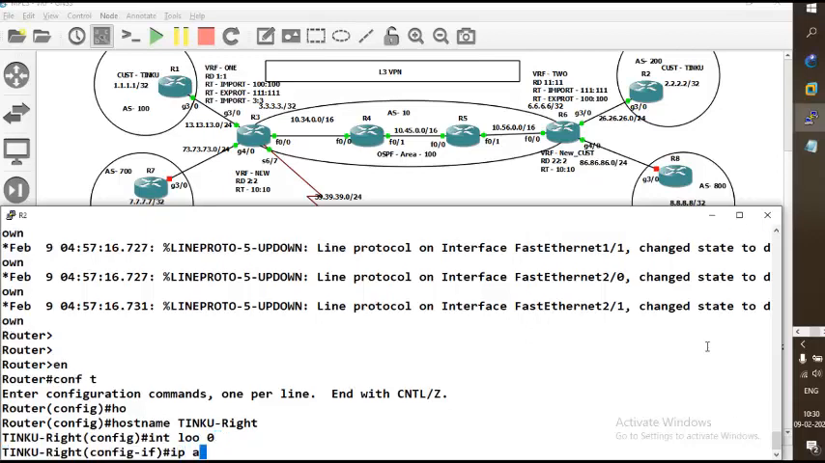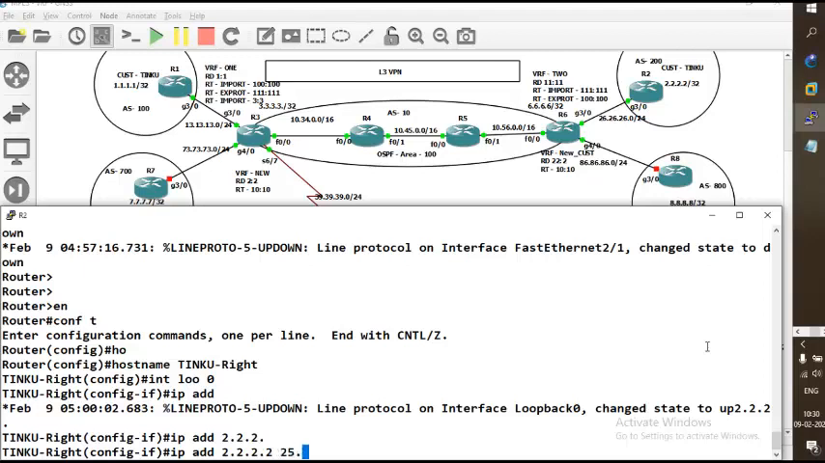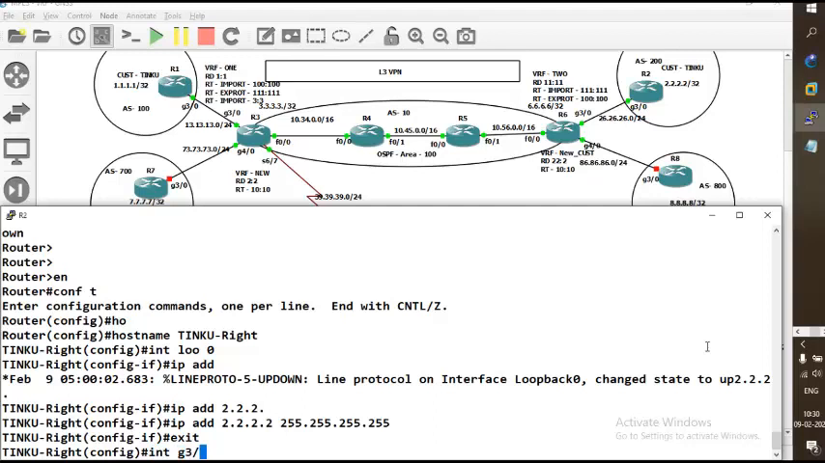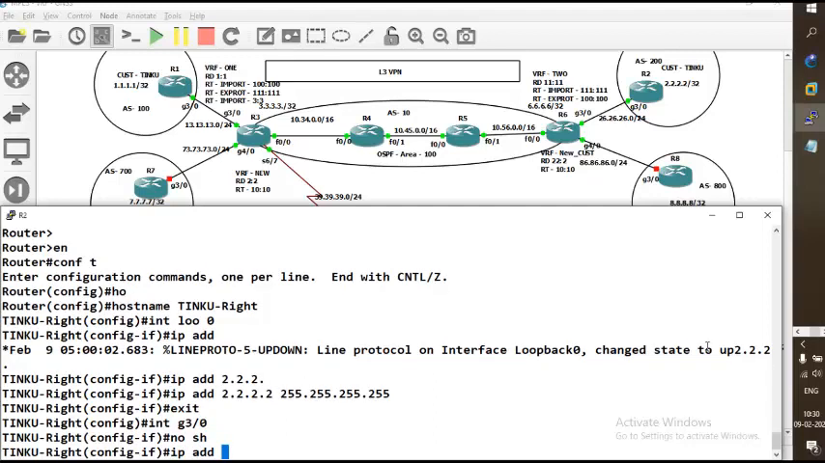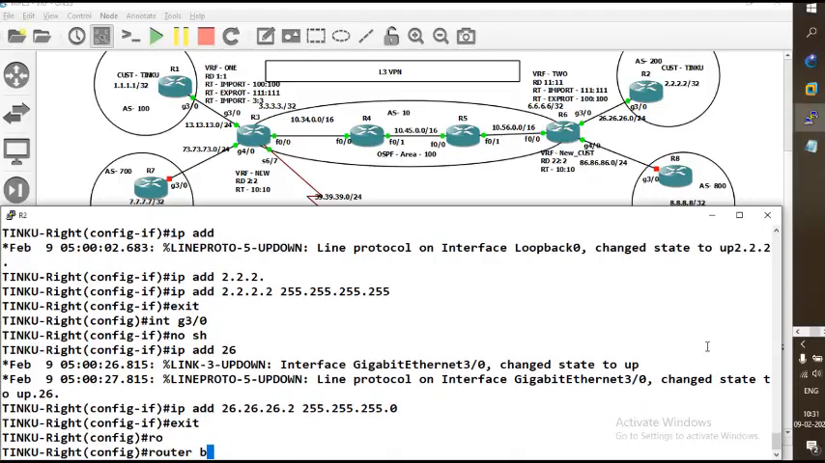Interface loopback 0 IP address is 2.2.2.2. And then interface G3/0, 26.26.26.2. This is the WAN side of Tinku customer on the right, and the mask is 255.255.255.0. Now we say router BGP 200,